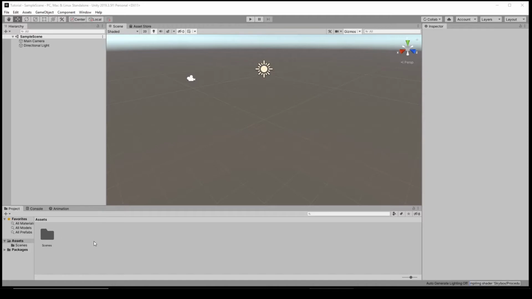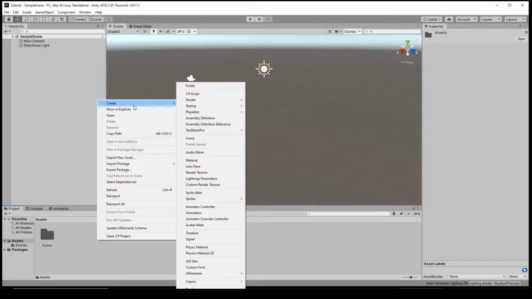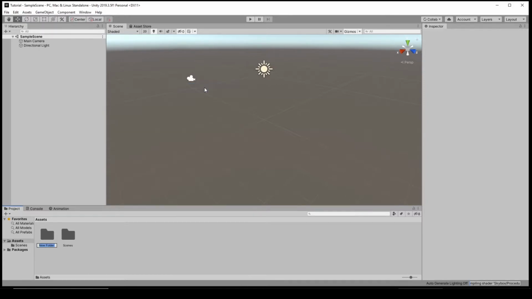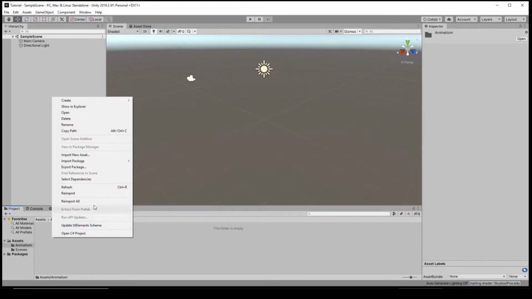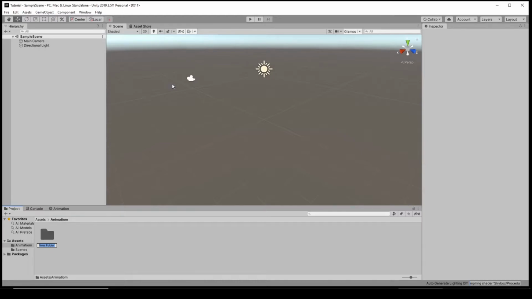All right, so here we are inside of Unity. This is an empty project. So let's go ahead and create our folders. The first folder we call animation, for the animations we downloaded from Mixamo. Inside of the animation folder, we need another folder. We have to call it Peter, the name of our character,